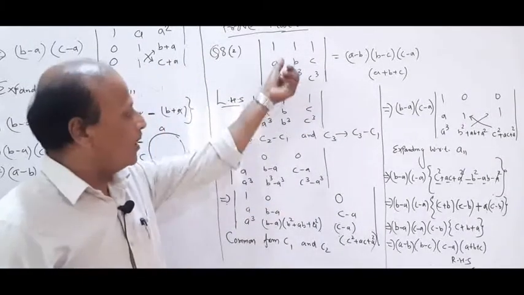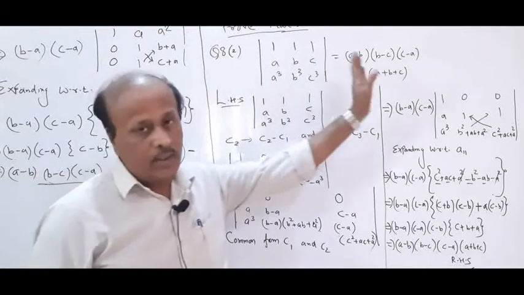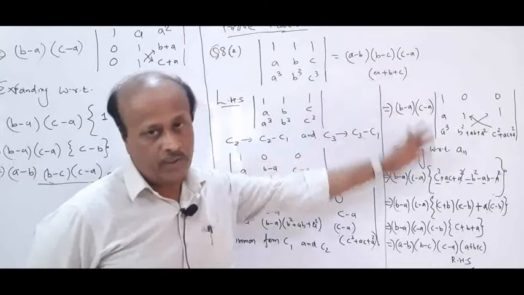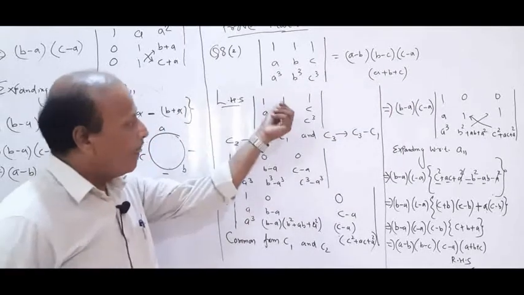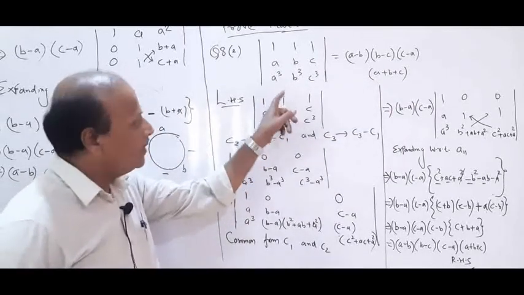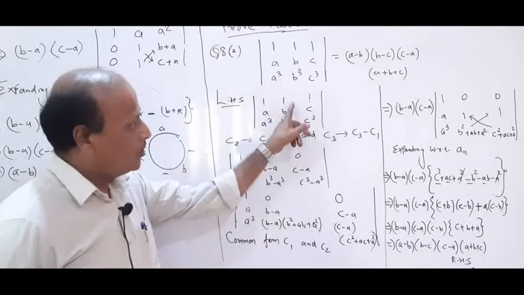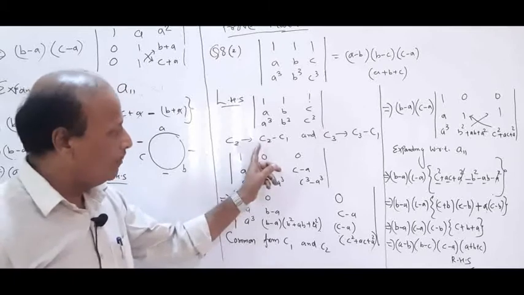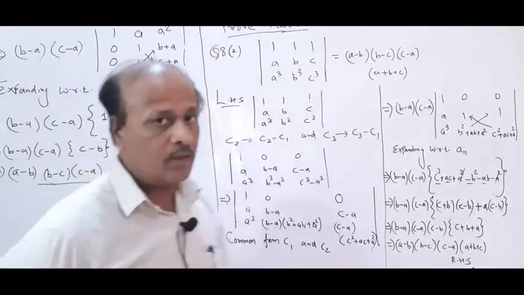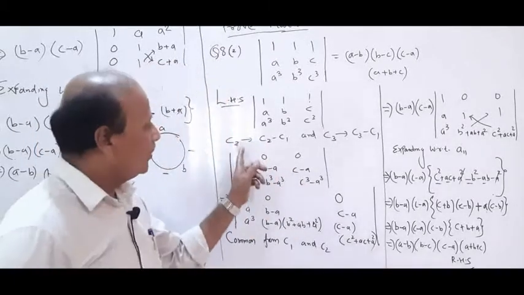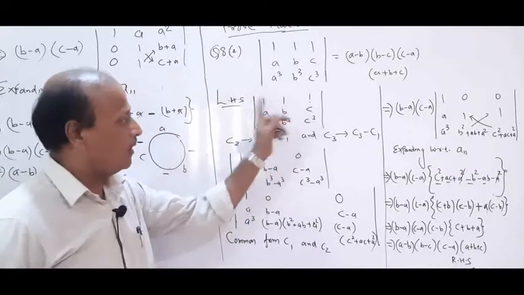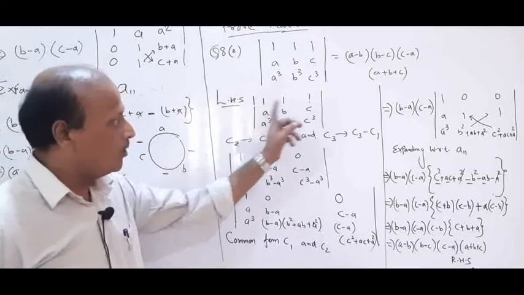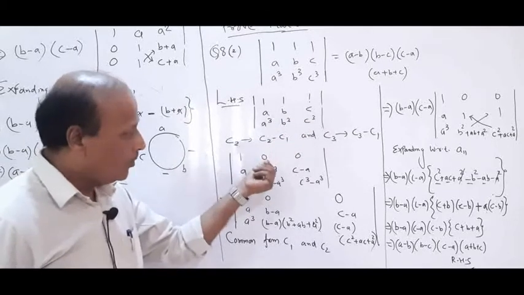So come on, we'll start with the left hand side. Don't see the right hand side, a big expansion you are finding, but that you will get automatically. Now your target is to make here 0, here also 0, as in the previous question. So what you can do, apply both the properties together. What I am doing is replace C2 by C2 minus C1, then replace C3 by C3 minus C1. As soon as you do this, you will find 0 0.